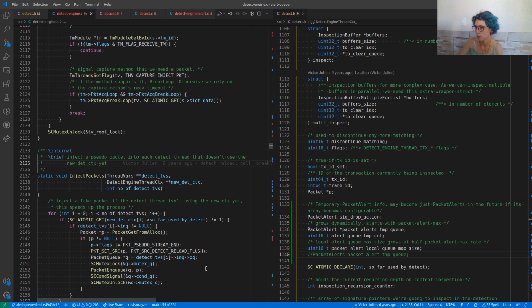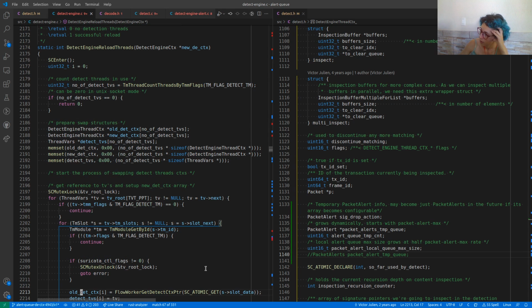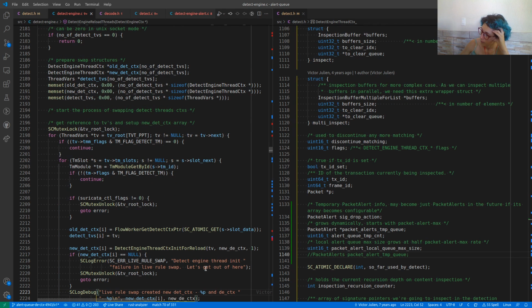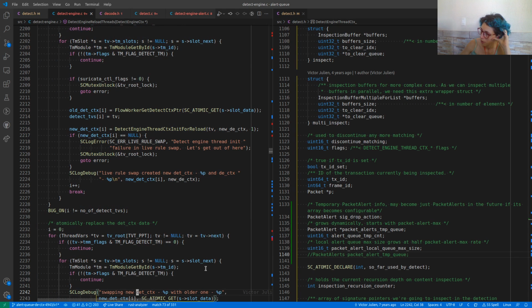I'm not sure I want to know. Detect engine reload threads. I hope I don't have to deal with any of that. Live rule swap created new detect context, detect engine thread context. Atomically replace the